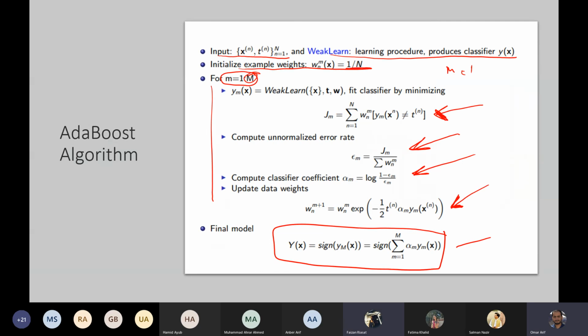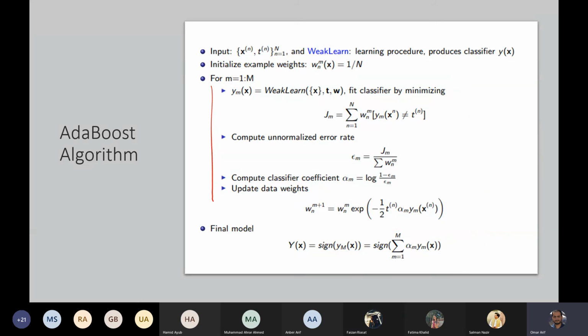Sir, how do we decide how many rounds we have to take? So again, this is a hyperparameter. Just like other things, this is up to you or whoever is using the algorithm to decide. And as you remember for hyperparameters, you use the training and test set, a validation set, to intelligently select the right amount of M, so you do not overfit. So the same technique we used earlier to choose hyperparameters, we will use here as well.